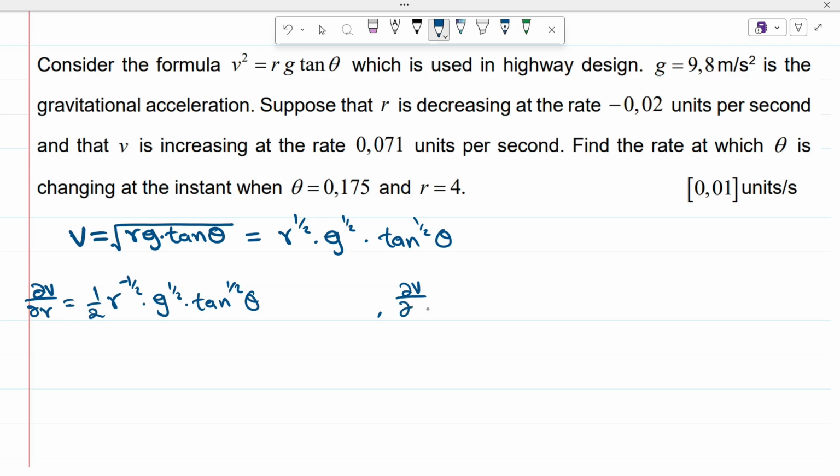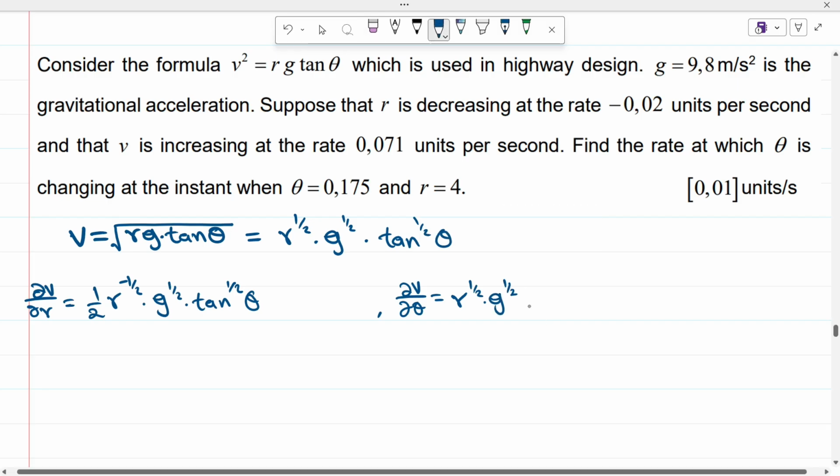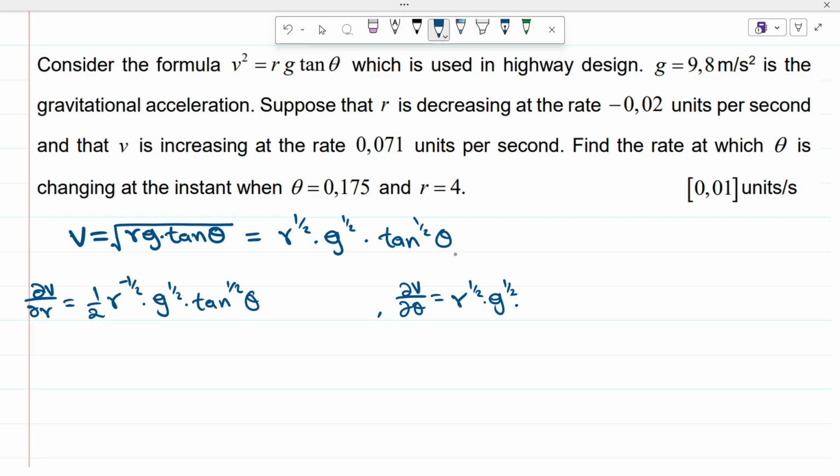Let's differentiate partially again with respect to theta this time around. So we are going to get r to the power half multiplied by g to the power half multiplied by, for this one of tan, we're going to use the chain rule. It's like tan of theta here is inside the bracket, and we have the power 1/2 outside. So when we differentiate, we start with that 1/2 outside. This is going to be 1/2, then tan